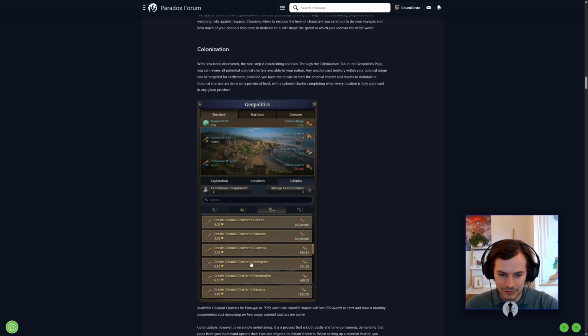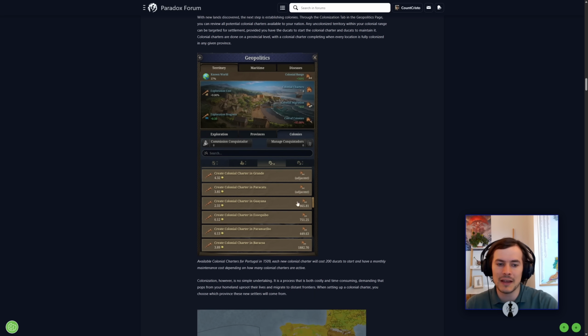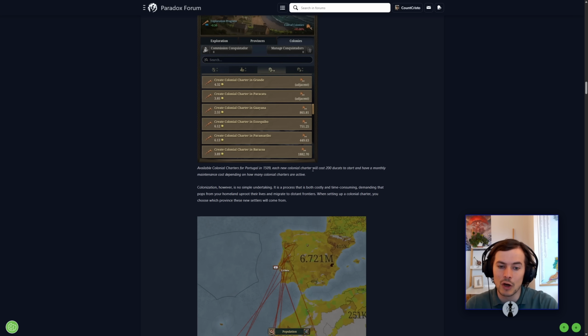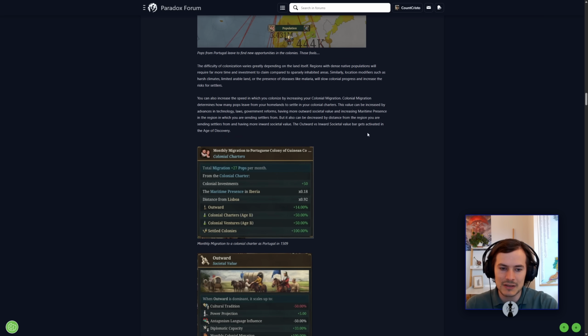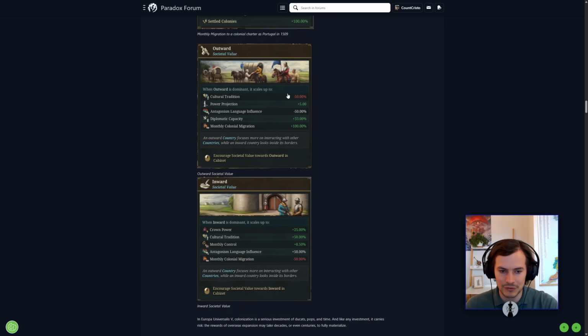You create charters, and when you make a charter, you choose where people are going to go both from and to. And then you can also have a conflict. So you have to send people, it costs money, monthly maintenance costs. You have to send the people, and then there is this push and pull. But first off, you have to increase your colonial migration, so you have a balance between outward societal value and